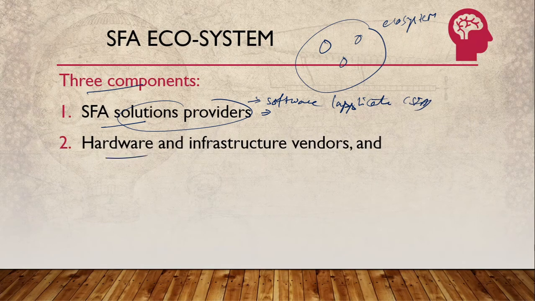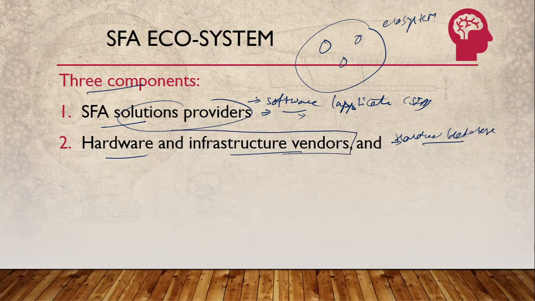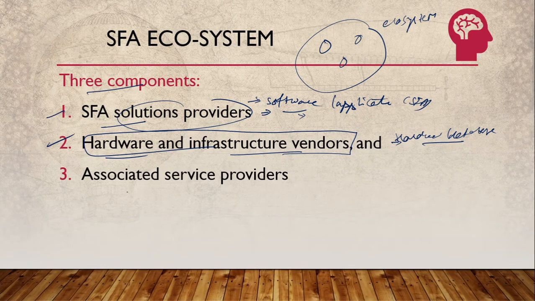Next, second is the hardware and the infrastructure vendors. Second is, software is available with you. What are the hardware and the database management, and what are the other infrastructure that you need so that you can utilize your software is the second component. Next is the associated service providers. Like, let us say BSNL, who will provide you with broadband, or let us say you need to have Google applications installed, which is a separate thing. So these are the associated service providers that you need.